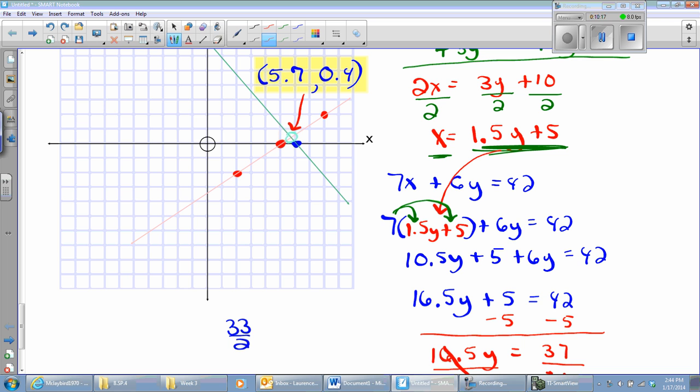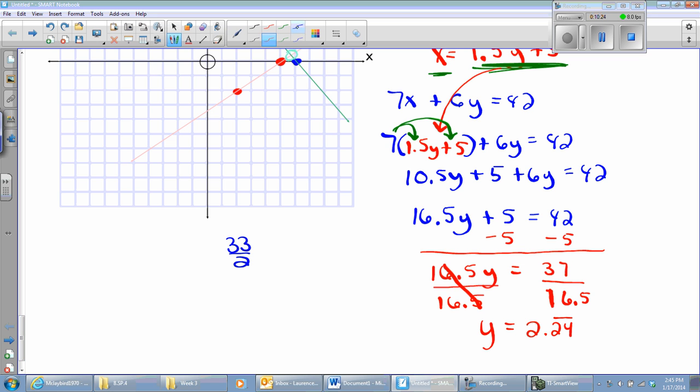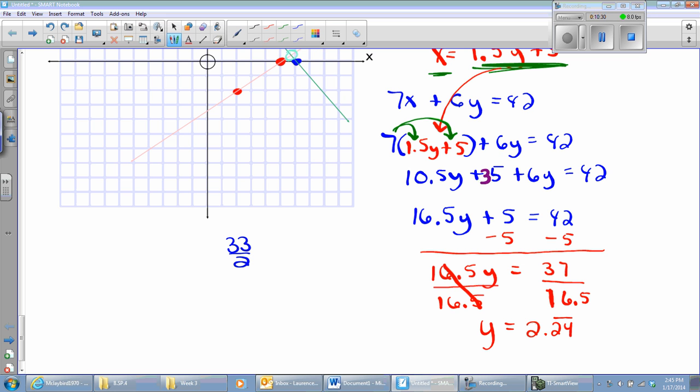Hold on a second. I see my mistake. I distributed, but I forgot to distribute. Hopefully you caught it. So I'll put my correction in purple so it stands out. Right here, I shouldn't have 5. I should have 35 because I distribute 7 times 5. And so I should be subtracting 35. And when I subtract 35, I should get